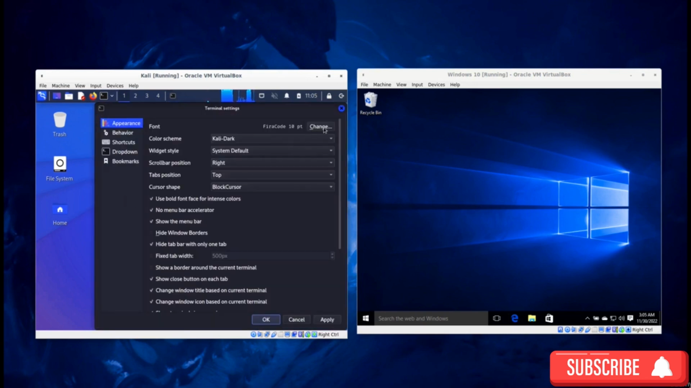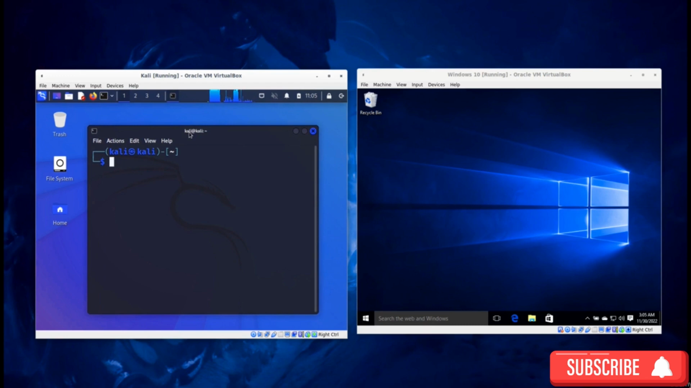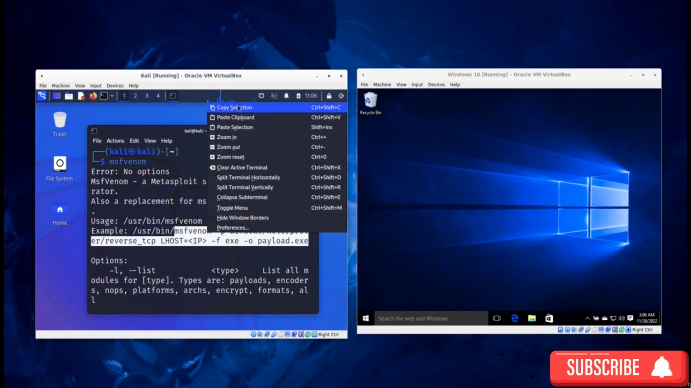Now I'm going to enlarge the font here. So I enlarge the font. And now what we can do is use a program called MSF Venom. And this is a program that can create malicious program or malware. So MSF Venom. And you'll see this is the command example usage. So MSF Venom. And then with this command, we can create the malicious Windows program. The MSF Venom lets hackers create malicious program, not just for Windows, but also for Apple computers, Android devices, for Linux computers, and so on. So it can create a malicious program. I'm going to copy the command,